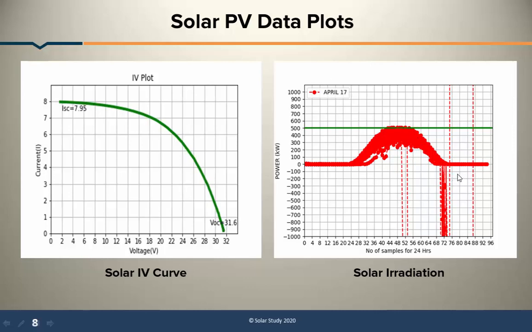And sometimes what happens, because of a problem in the PV system, I get some negative data. That indicates that something has happened in the complete power plant system. I'm not getting sufficient irradiation data; there may be some mismatch. All those kinds of things I can analyze. Also you can see here I am putting a green line. It indicates the inverter rating. What is the rating of the inverter? All that we can plot using matplotlib, Python pandas and numpy.